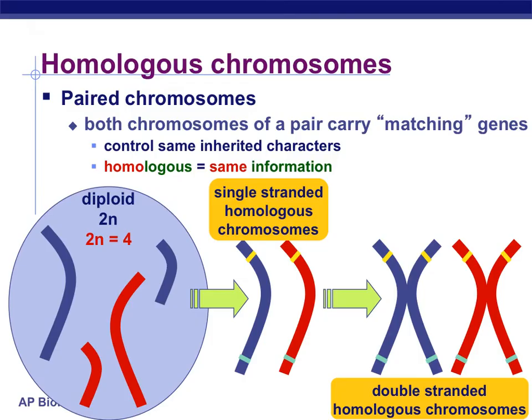All of the chromosomes that I just showed you in the karyotype occur in pairs, and those pairs are referred to as homologous. Homo means same, and homologous basically means the same or similar but yet different. So they occur in pairs, and they carry the same matching genes. It's just that the genes on each of the chromosomes are not necessarily identical.